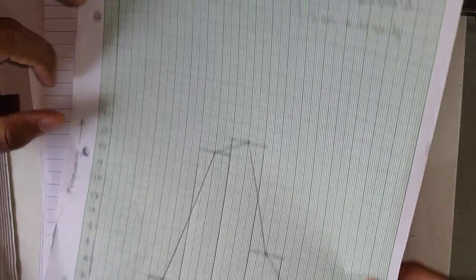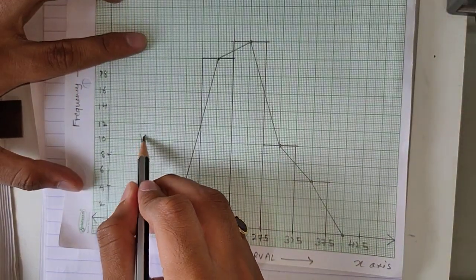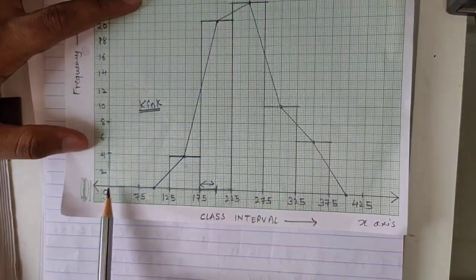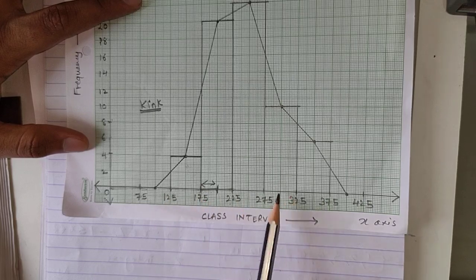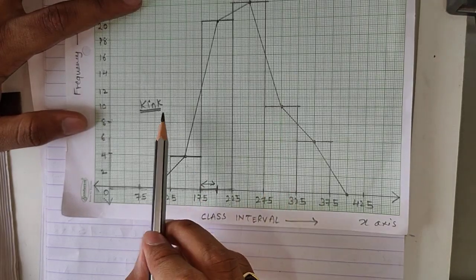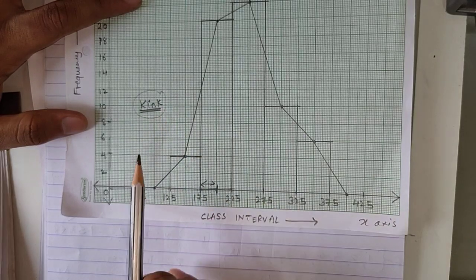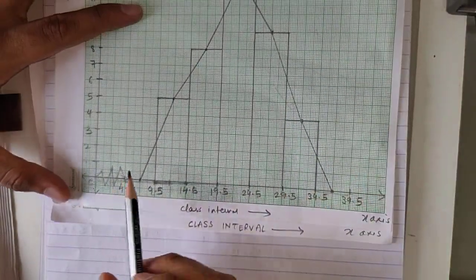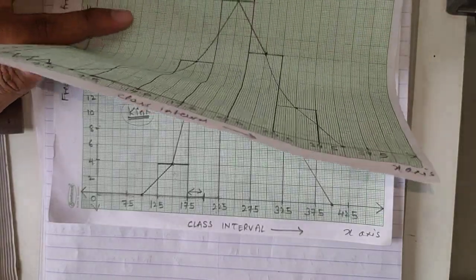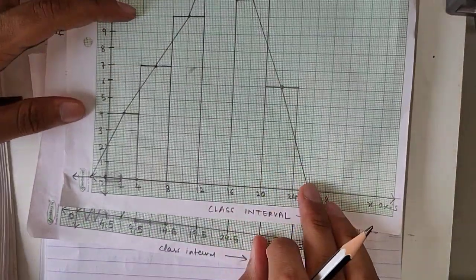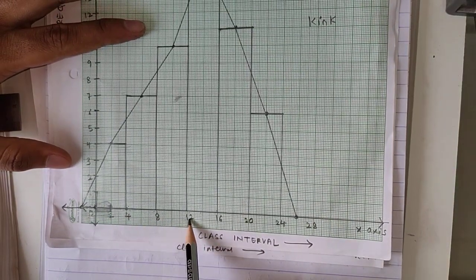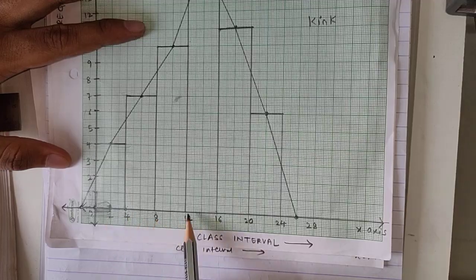And the last thing here is to check whether we have to use a kink. Now what is a kink? You will use a kink when this first interval and these other intervals are not the same. If they are the same, like for example, the first graph which we did, not this, this was the second graph. This was the first graph which we did. Here you see the intervals 0 to 4, 4 to 8, 8 to 12. Intervals are proper, increasing by 4.